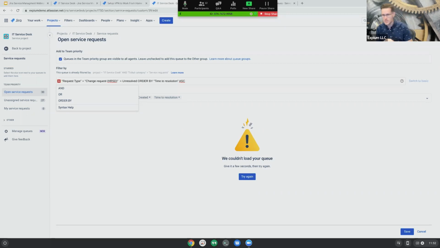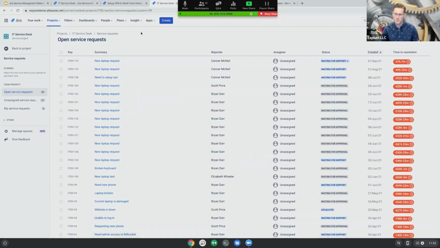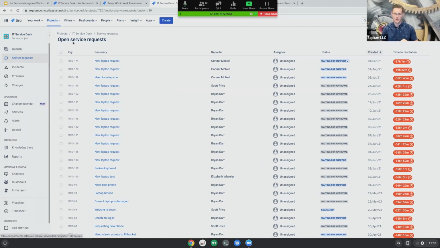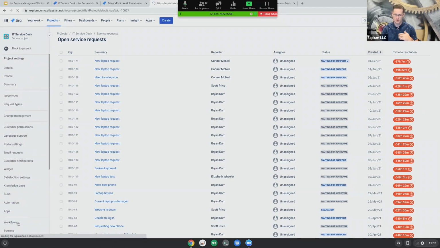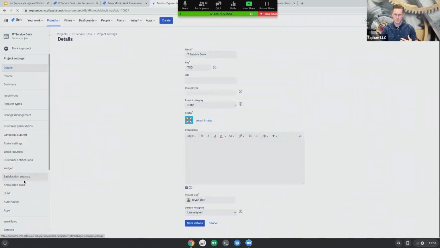Yeah, so the permission that allows users, let me go ahead and cancel this edit to the portal here. The permission that controls access to viewing a project is called the Browse Projects permission. And so it's pretty common to allow Jira software users to have visibility into the tickets that exist in the Jira Service Management project without giving them edit rights or the ability to transition tickets. And so if we go into project settings and we go to permissions, which is down at the bottom left, once this loads up here,